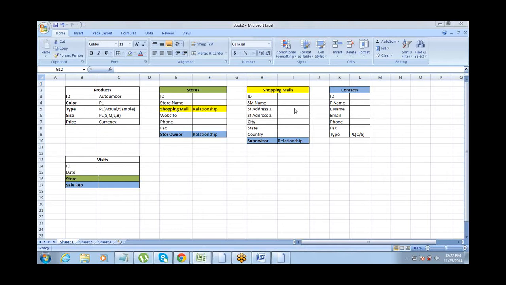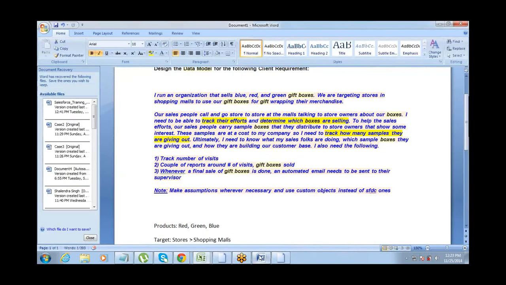So for this, design another app called gift box app and put all these objects inside that, store and shopping mall. Sesha, you just now put these two tabs in the project management app, right? I just want you to do a small thing. Once you design the gift box app, move these two tabs into the gift box app. Okay, so I want you guys to design one more app, and in that gift box app put all these tabs, the ones which are related to my gift box business.